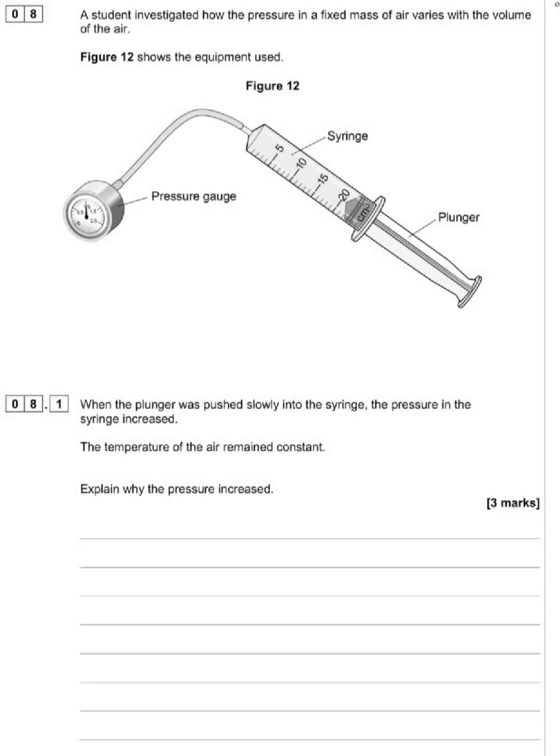Okay, so now we're told about a syringe full of air, so a fixed mass of air, where they are varying the volume. So when the plunger is pushed in, the pressure in the syringe increases, but the temperature remains constant. We're asked to explain why that pressure increases. So the first thing to think about is by reducing the volume, so by bringing this piston in here,